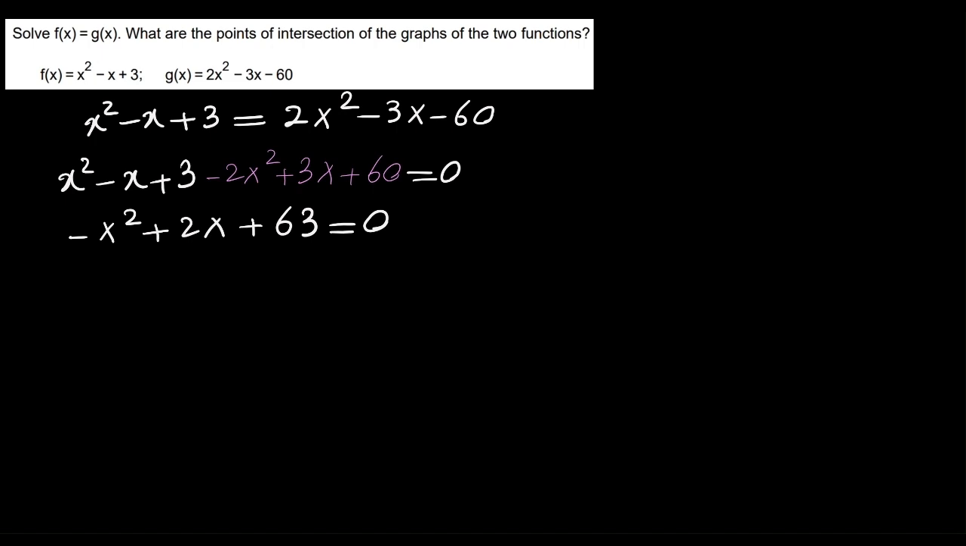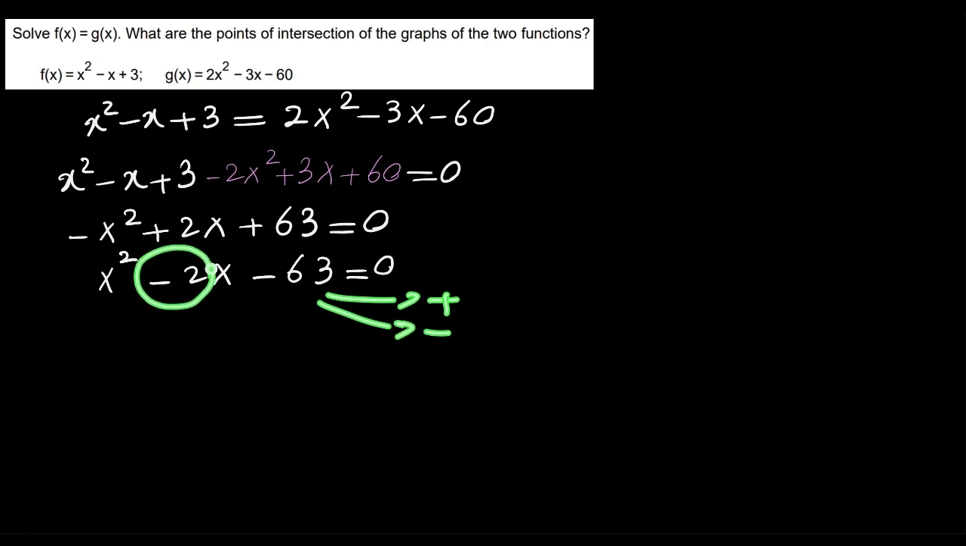I prefer to multiply the equation by -1. So I have x squared minus 2x minus 63 is 0. Now we are looking for two constants with multiplication -63. So one of them should be positive, the other one should be negative, and their addition is -2. It means the greater value, the larger one, should be negative,